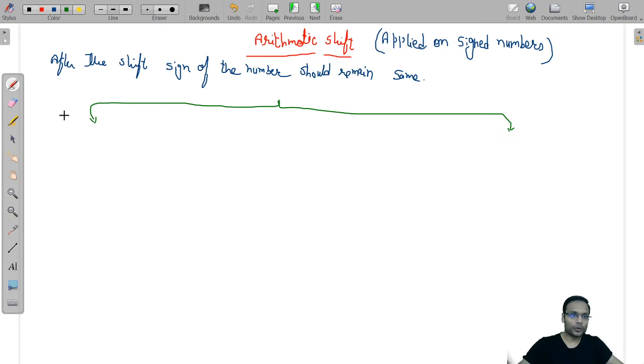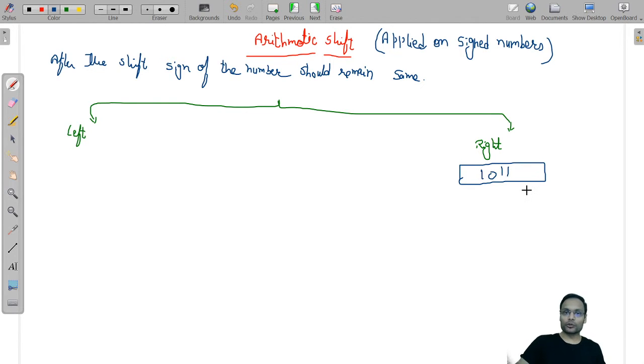Okay, so let's try to understand left and right shift. I'll be explaining the right shift first. That is easy and simple to understand. With one example only you can understand it. Look at this, 1011. If you are going to shift this number, first of all, you tell me this number